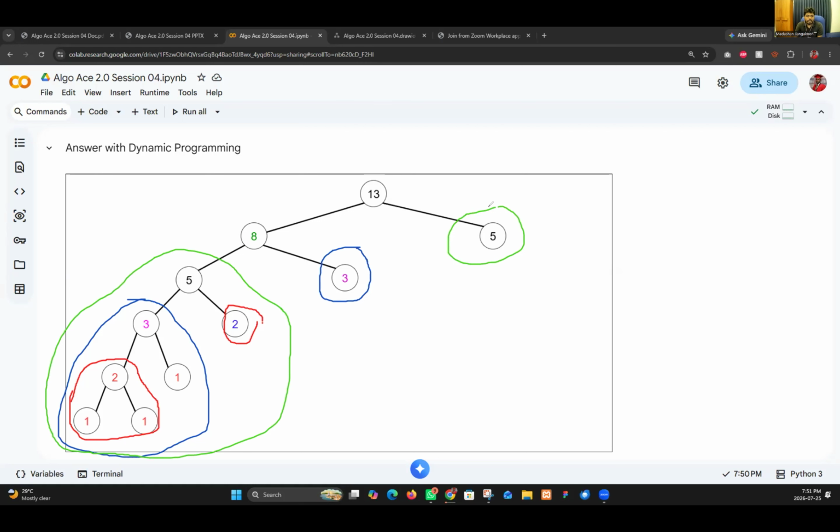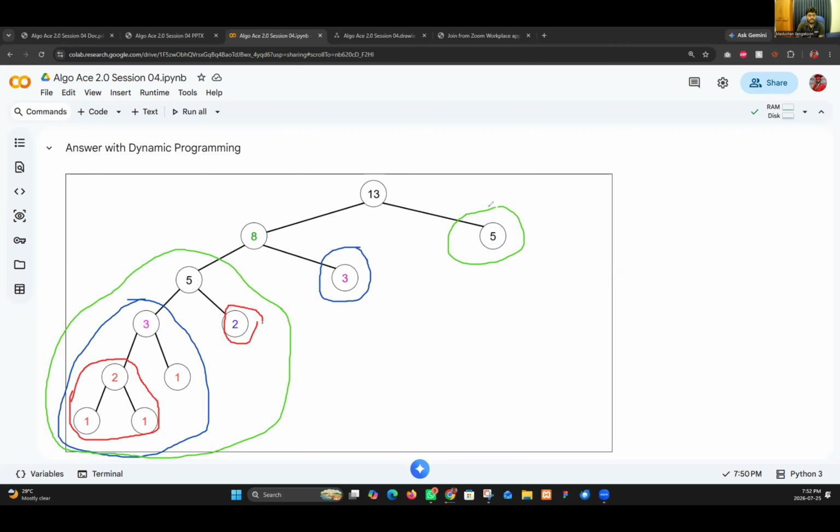Now, when it comes to dynamic programming, getting the answer is not the ultimate thing. As I mentioned before, you need to get a correct answer with less time and by using less RAM space. So I think you got the idea.